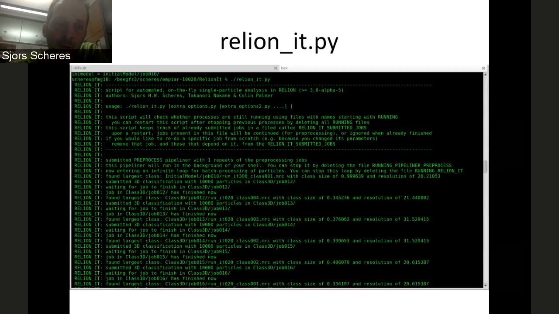So if you like, it's basically a command line interface into what you normally would deal with in the GUI, and that allows you to write scripts around it. And then we used Python, but you could have used a Bash script as well. And we hope that these Python scripts, we provide two, one for on-the-fly processing called relionit.py, and one to make B-factor plots, which I showed before, which is the logarithm of the number of particles versus one over the resolution squared after refinements. So we hope that these scripts will be an inspiration for others to write their own kind